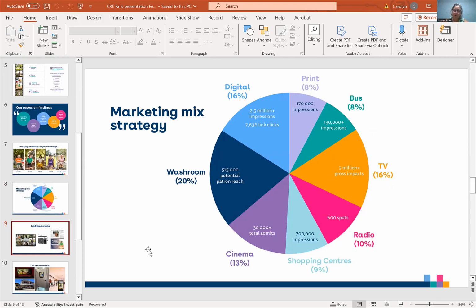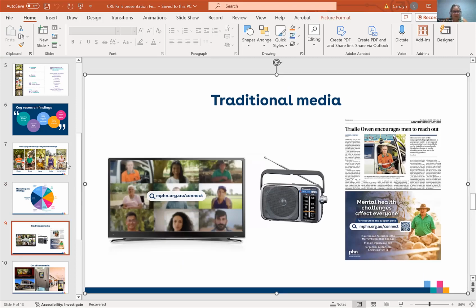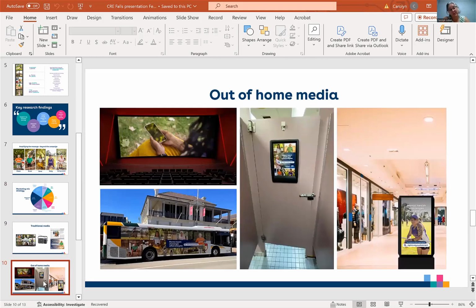And in terms of the formats we used, there was a television commercial, radio, and print. I would love to play you the television commercial, but I don't trust the tech. Well, shall we give it a go? No, I'm not going to. I'll come back to it if we can at the end. It's because it's a beautiful execution.